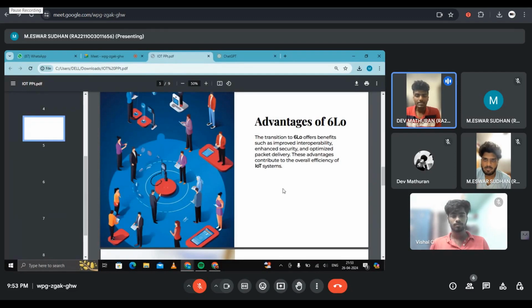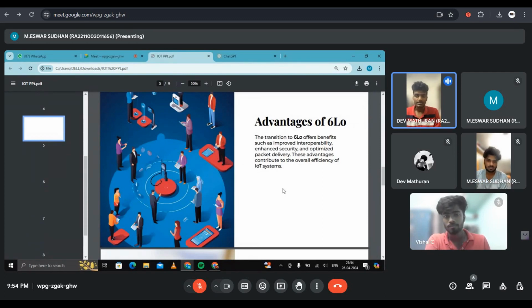The next topic is advantages of 6LoWPAN. IPv6 compatibility enables IPv6 communications over low power wireless networks, ensuring compatibility with existing internet protocols and infrastructures. Interoperability facilitates seamless integration of IoT devices with IP-based networks, allowing them to communicate directly using standard internet protocols. Scalability supports the scalability of IoT networks by enabling a large number of devices to connect and communicate efficiently within